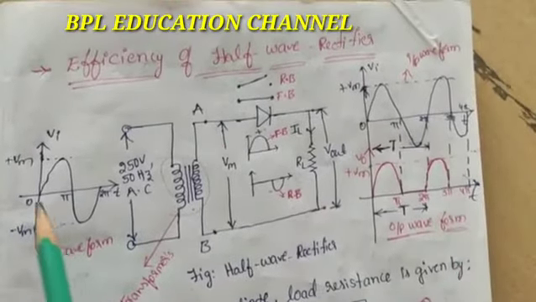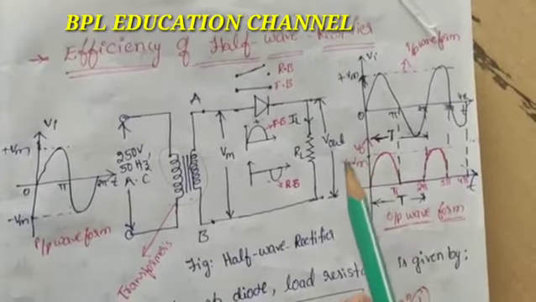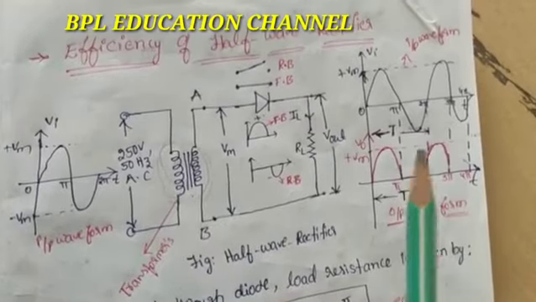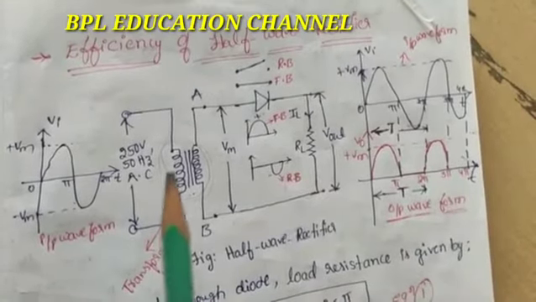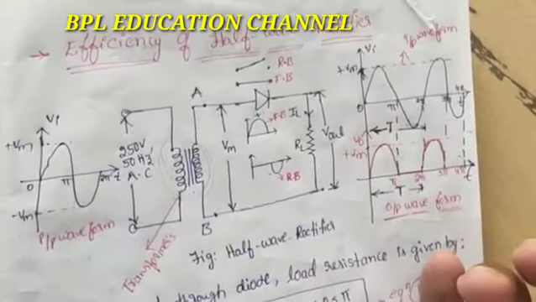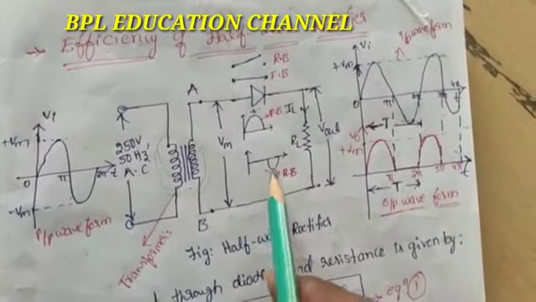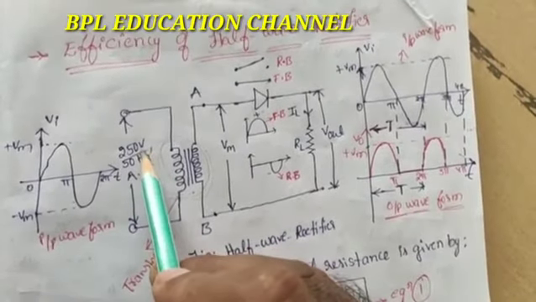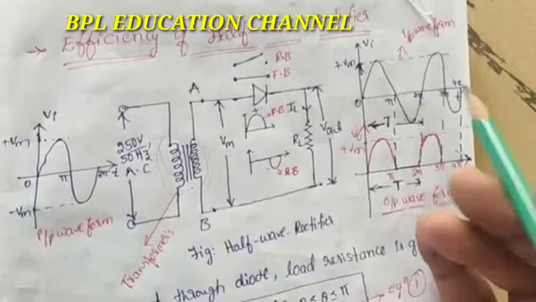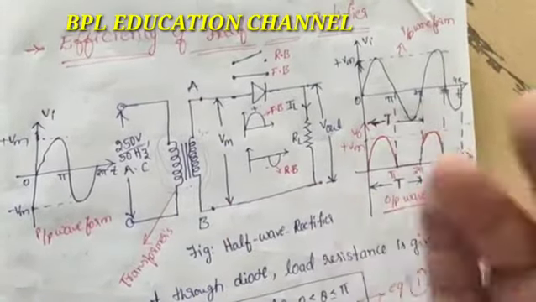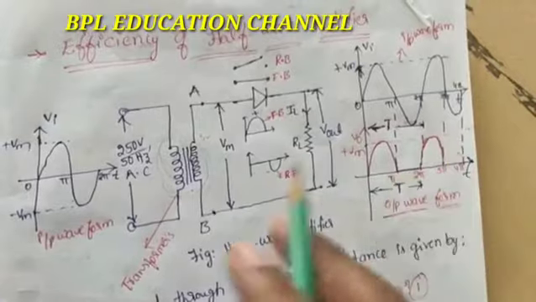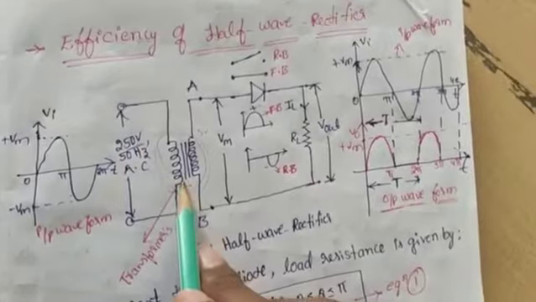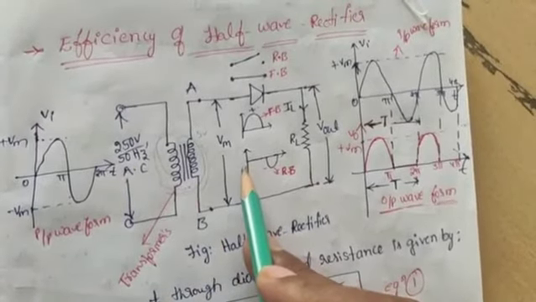When we apply the input signal, we already know this is the transformer. We have two types of transformer: a step down transformer and a step up transformer. Here we are using the step down. Why? Because we can convert this 250 volts, based on our requirement, to either 5 volts or 6 volts or 7. Based upon our requirements, we can convert this AC voltage of 250 volts. So here we are using the step down transformer.